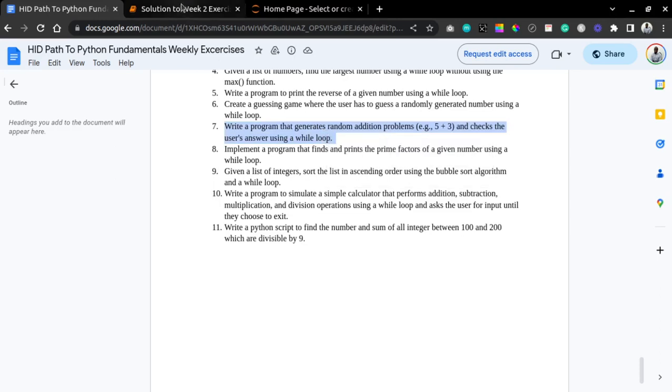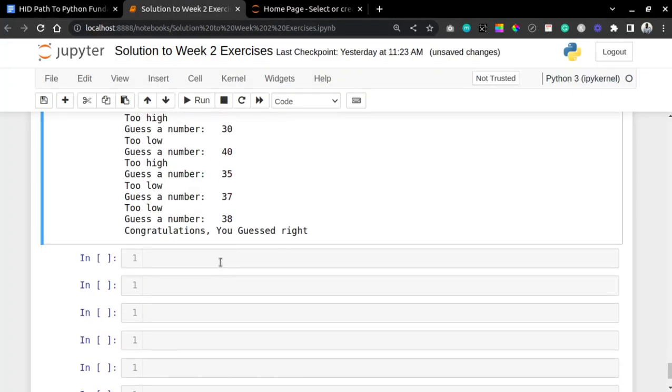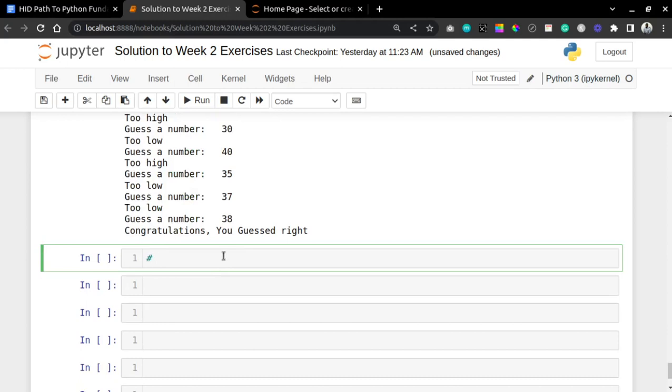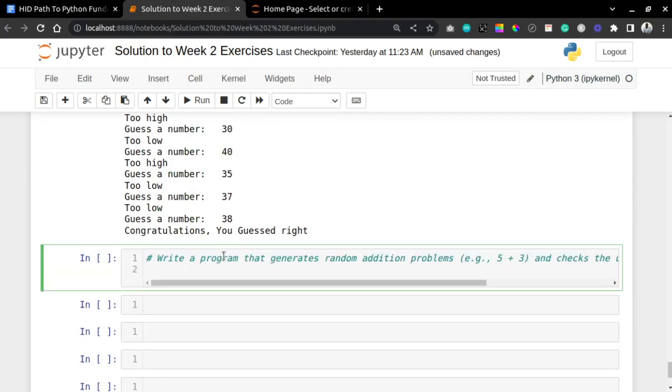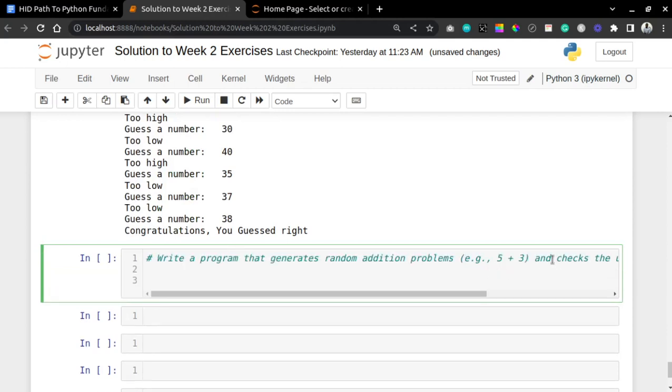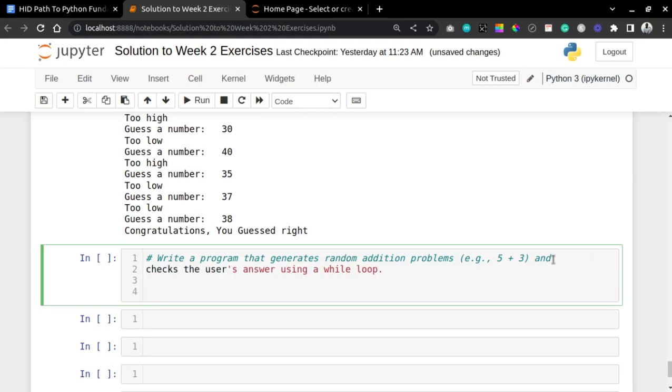Okay, so what you want to do, you can say import random,